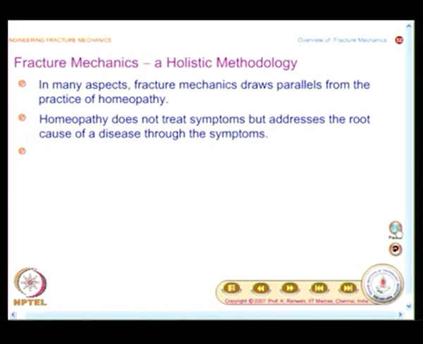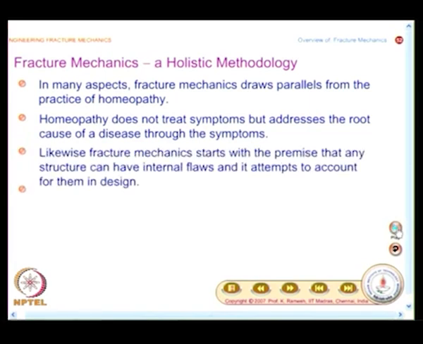And in a lighter vein, I would like to introduce the important aspect that fracture mechanics is holistic. Now, holistic health is a buzzword in your fitness consciousness circles. People want to be healthy. At the drop of a hat, you go and take a medicine. People want to remain healthy. There are a lot of alternative medicines that have been focused upon, and some kind of an analogy exists between fracture